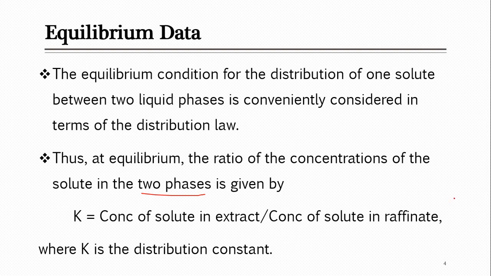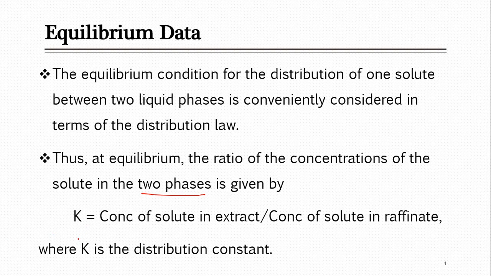So based on this, you can see that at equilibrium the distribution of this solute into the solvents is given by the distribution law, and according to that law the ratio of the concentration of solute in the two phases remains constant at a given condition. Suppose you are given some temperature and pressure, and you calculate K, it will be constant for any given system. If you change temperature or pressure, definitely the value of K will change, but at one given condition, whether you have a small amount or a large amount,